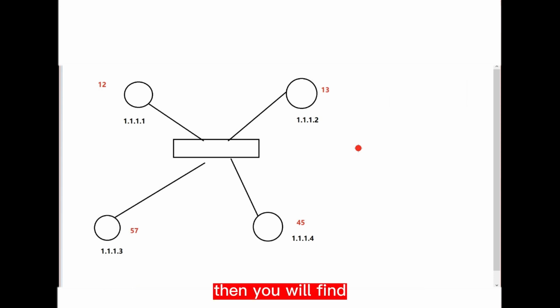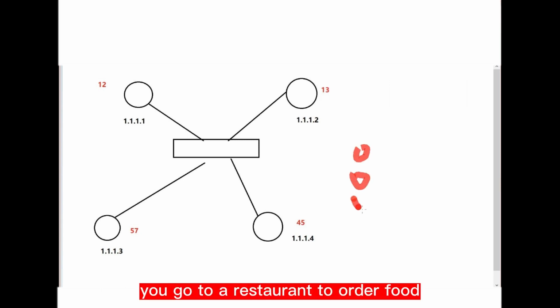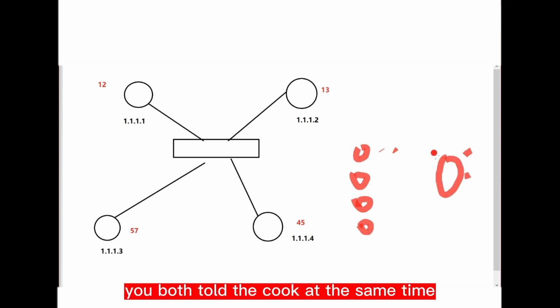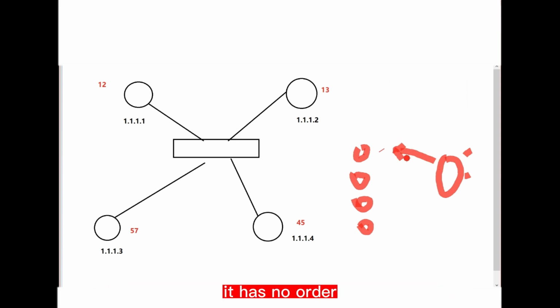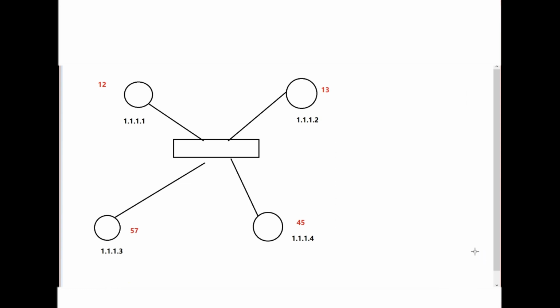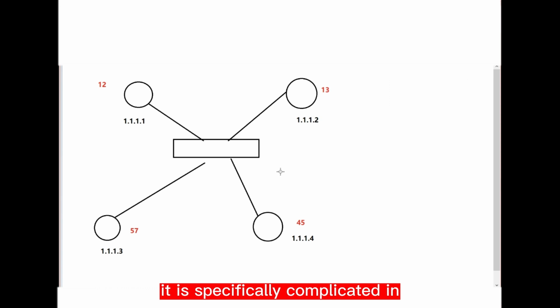Then you will find, it's like, you go to a restaurant to order food. Everyone's food taste is different. But this is a cook. You both told the cook at the same time. The dishes you want to eat may be repeated. It has no order. And overall it's going to be complicated. It is specifically complicated in